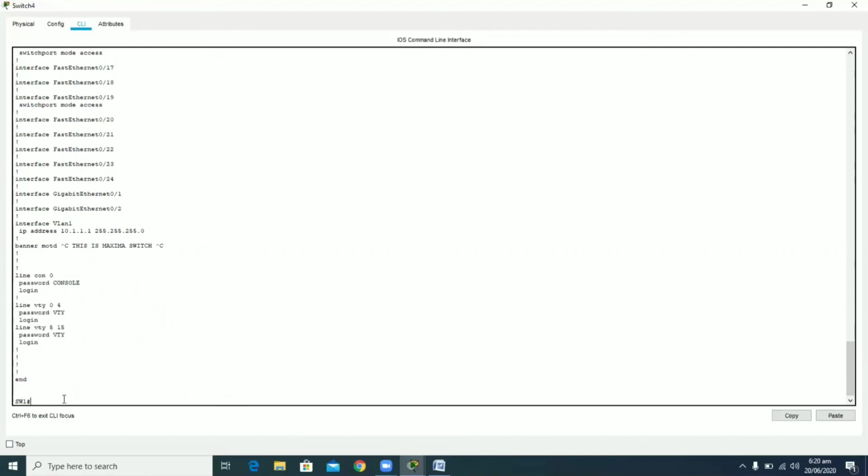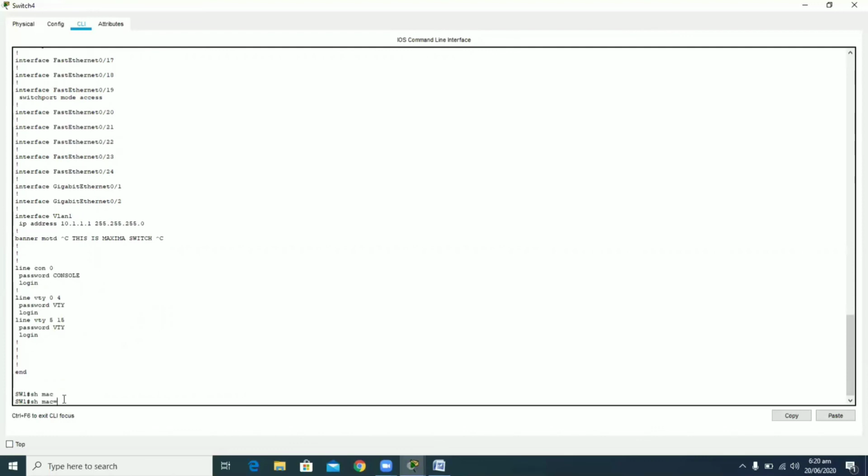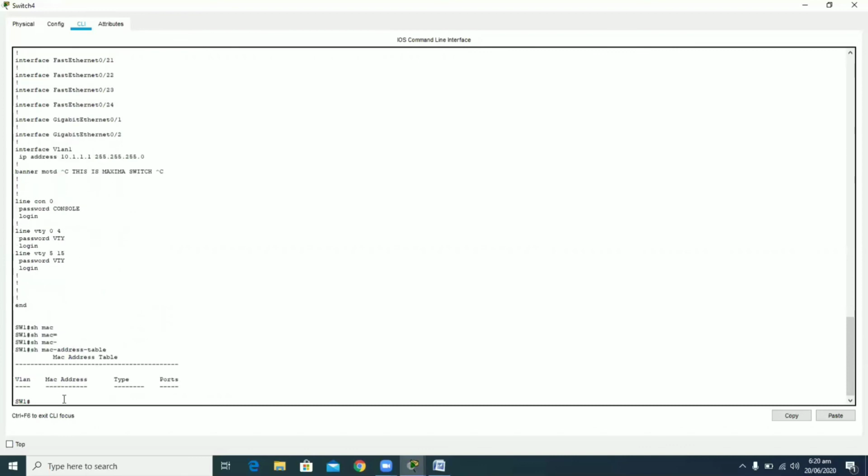In this lab, we learned about the basic admin functions of our switch and how to configure the switch. One thing which I want to show at last is what about the MAC address table now? So this is the MAC address table, and here you can see that both the MAC addresses are now gone because the aging time of 5 minutes is now over and there isn't any activity between the two switches.